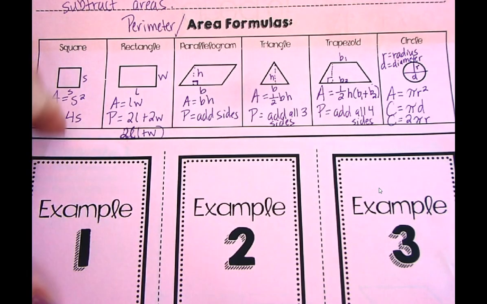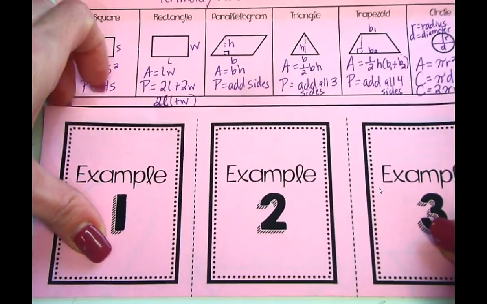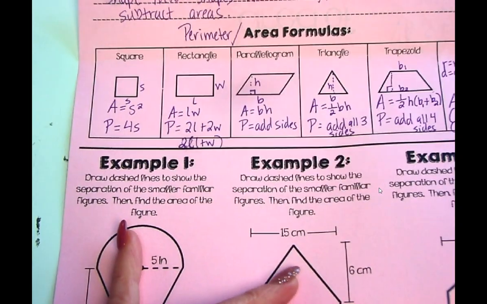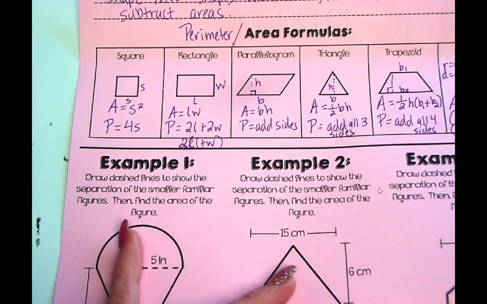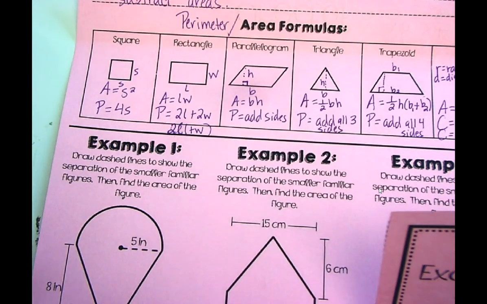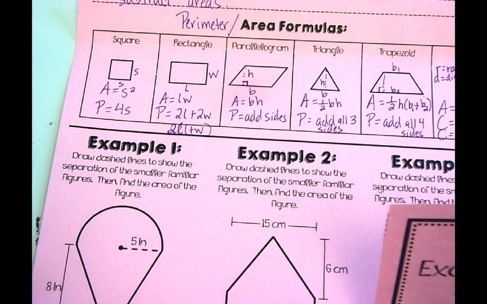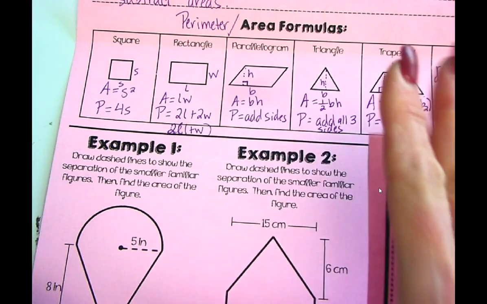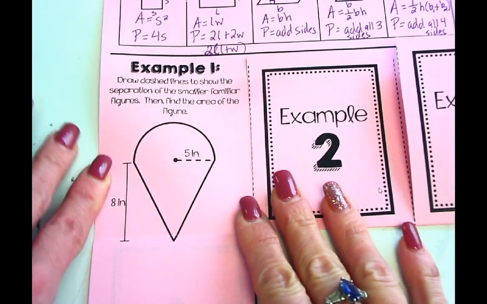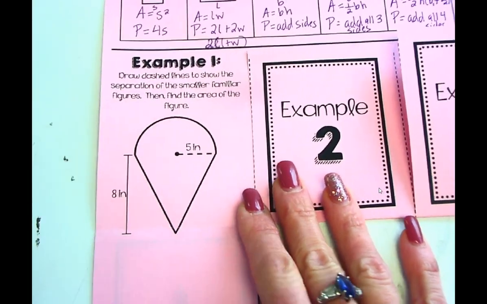So we're going to look at how we're going to solve these examples. I'm going to pull this up. Notice I've given you a lot of room for these examples because they do take a lot of room. When you're doing these on your own, you're probably going to have to use separate sheets of paper, not for the notes, but for the worksheets that I give you, because they take a lot more space. So for example 1,